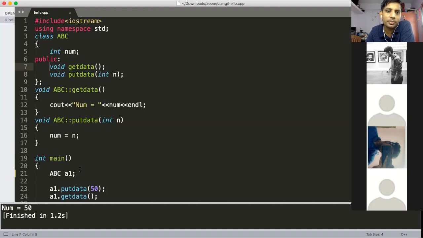But if you declare the function outside the class, then only one shared copy of get data and put data will be used by the different objects a1, a2, a3. So only one implementation of get data and put data exists if you define the function outside the class.